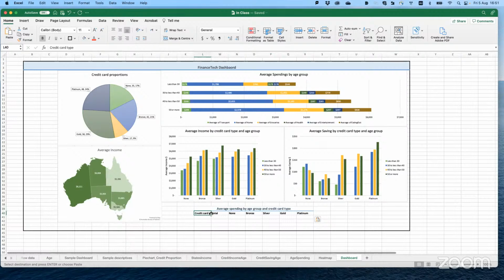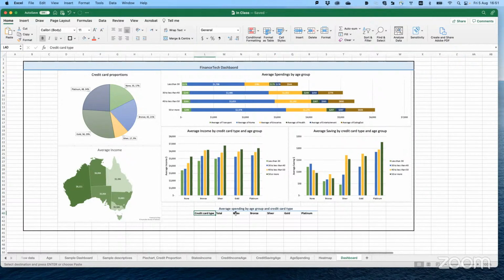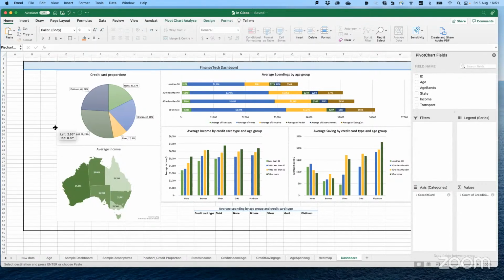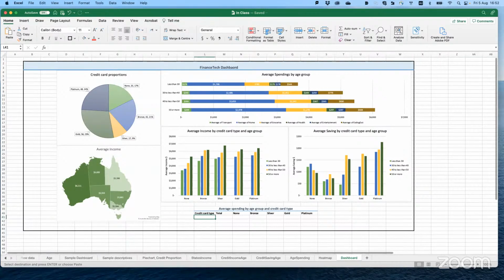And you type credit card type. And they have total, none, bronze, silver, gold, platinum. And then we are going to add values there. Don't worry about their place. They are going to move a bit until we have everything there. It may take a few seconds.